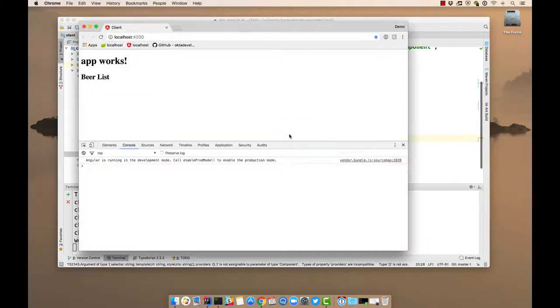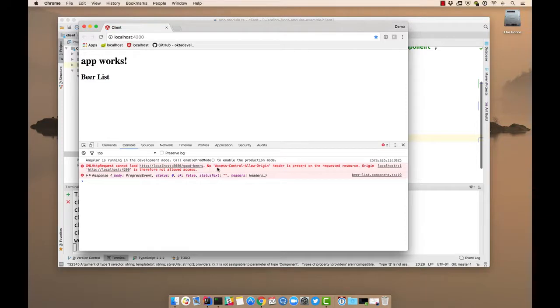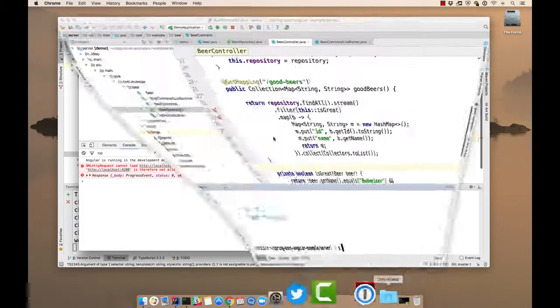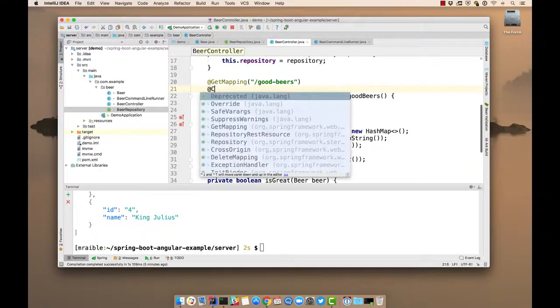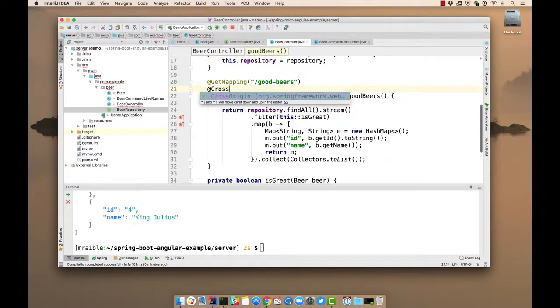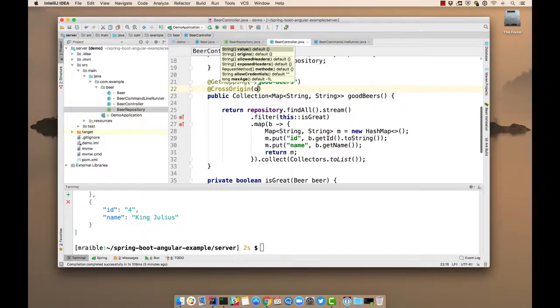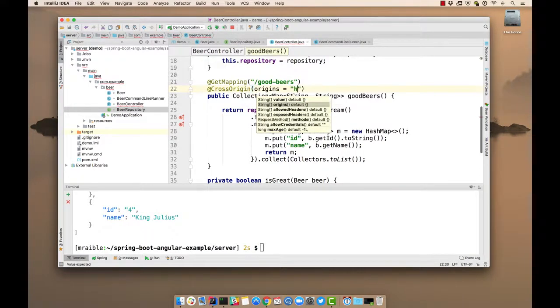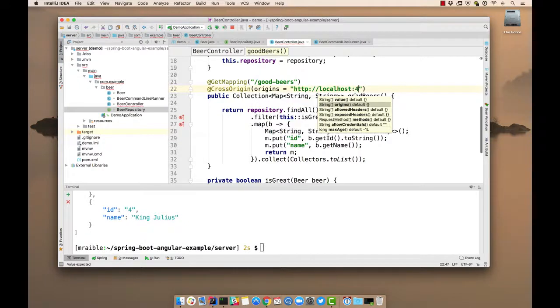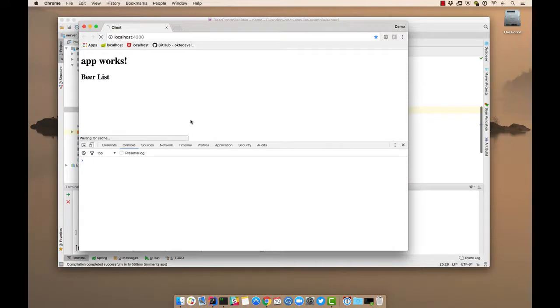Okay. So now we get a new error that says no Access-Control-Allow-Origin header is present. That's because we haven't enabled cross-origin resource sharing in our Spring Boot application. So to do that, we can do it right here. CORS is actually cross-origin. Then you want to specify the origins. 4200. Recompile. Now if we refresh, we actually see that list of beers,